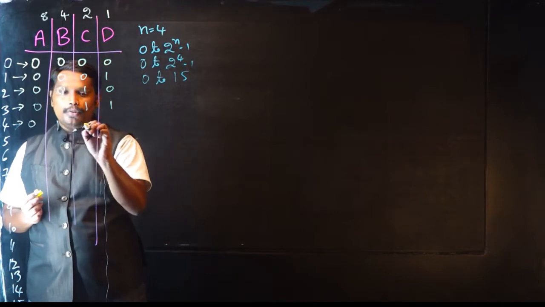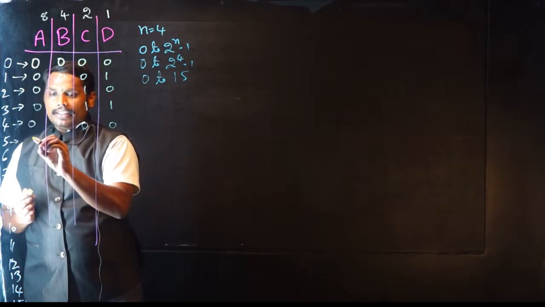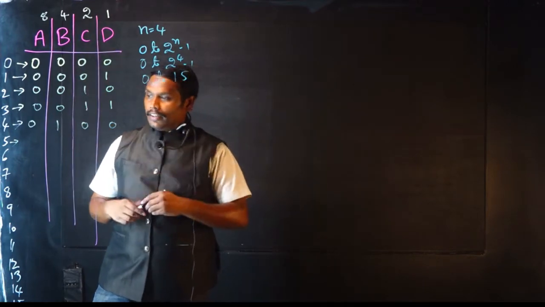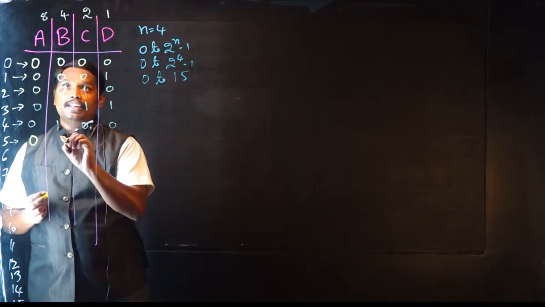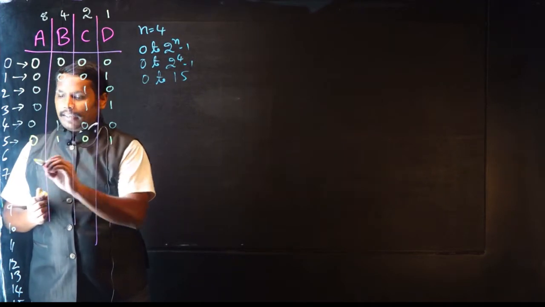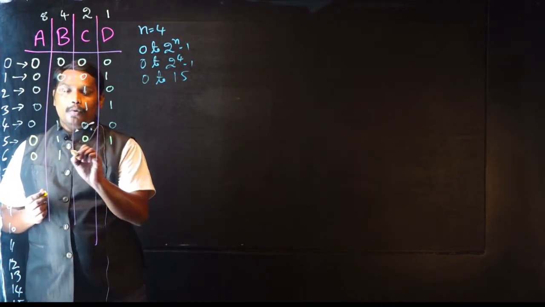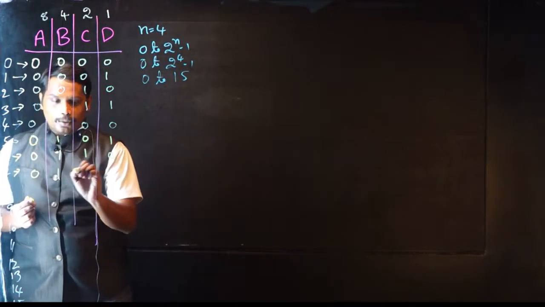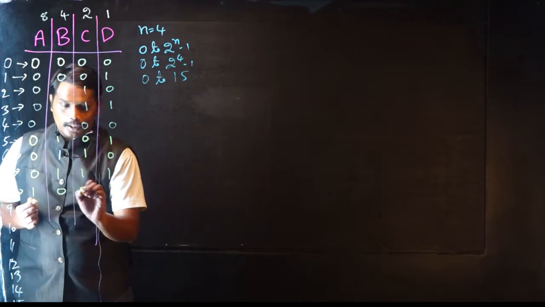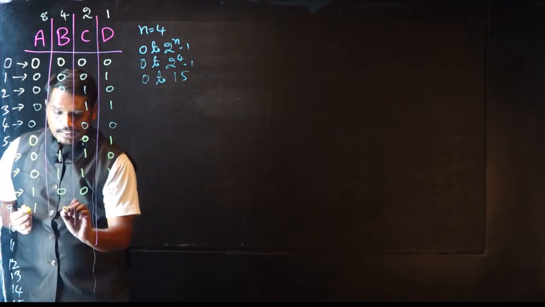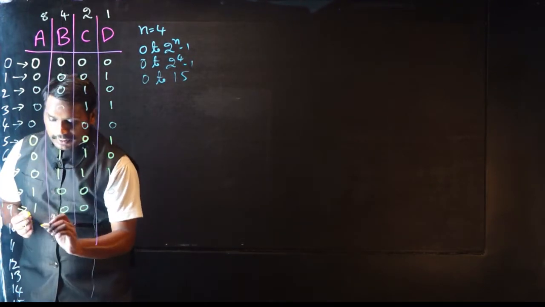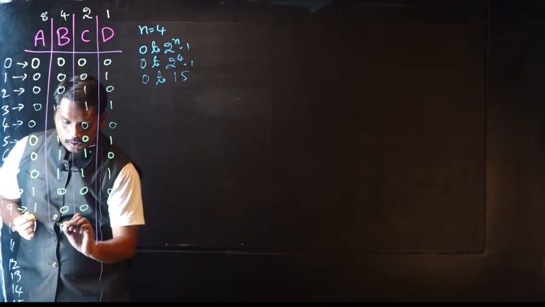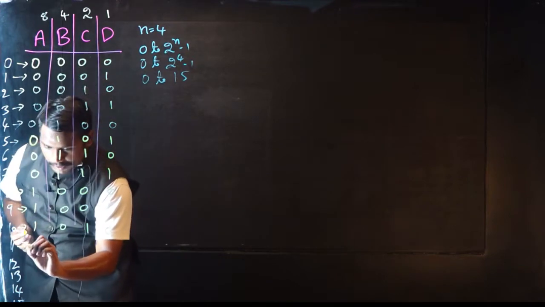In the same way, 0, 1, 0, 0 for 4, and for 5 it is 0, 1, 0, 1. So you can see that for 4 and 1, if you put ones, then you can have a binary representation for that. And for 6 it is 0, 1, 1, 0, because 4 and 2 you are going to get 6, and 7 is 0, 1, 1, 1, and then for 8 it is 1, 0, 0, 0, and for 9 it is 1, 0, 0, 1, and for 10 it is 8 plus 2, right? So 1, 0, 1, 0.